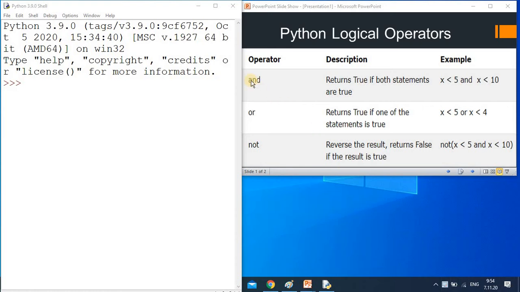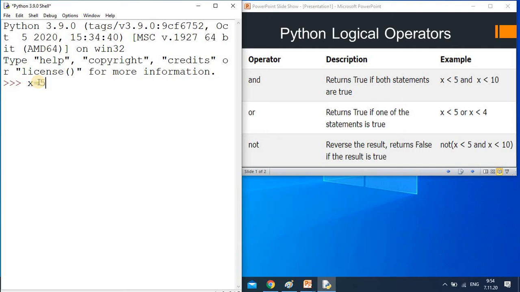So first we will go with the AND operator. The AND operator returns true if both statements are true. For example, in English we say I will do this work as well as I will do that work also, which means ultimately you have to do both works. Same meaning is there: it will return the true result when both conditions evaluate to true. We will see practically, then only you will understand.